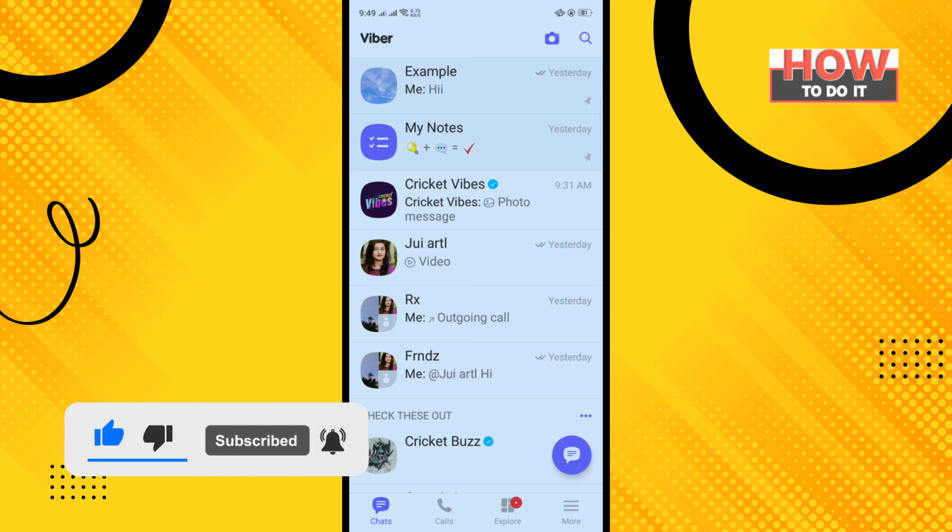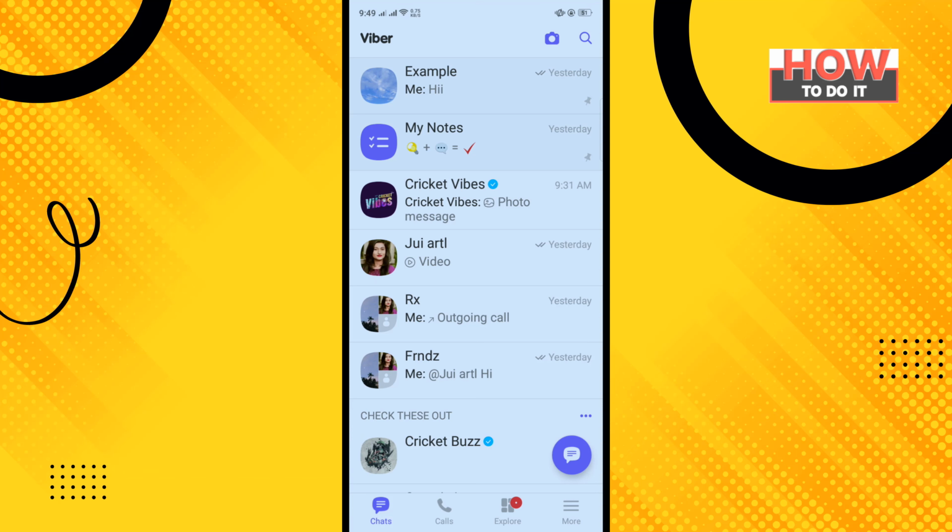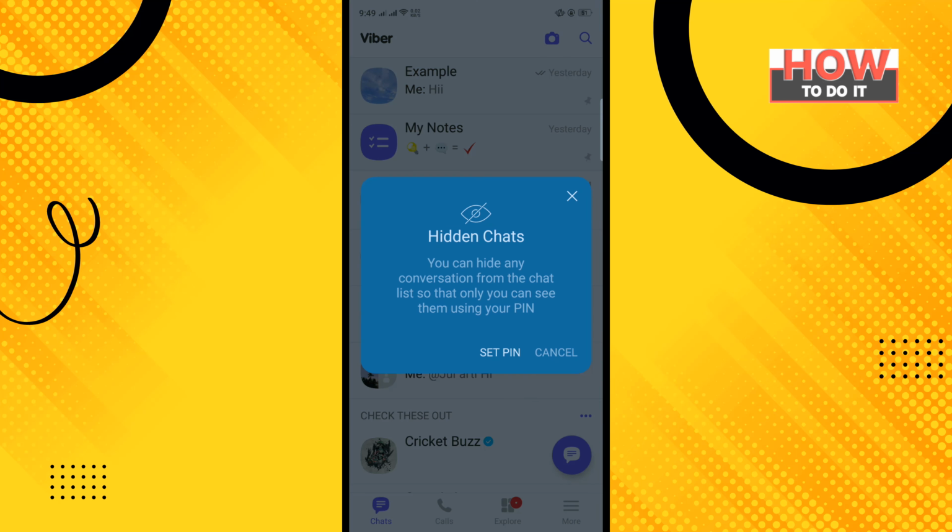How to do it: open your Viber app and long press on the chat which you want to hide, and then tap on hide chat. To hide your chat, you will need to set a pin, so for that tap on set pin